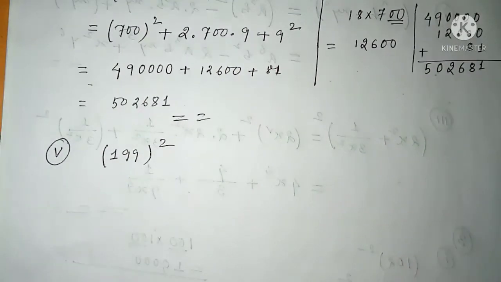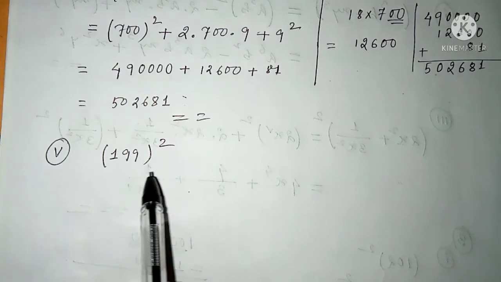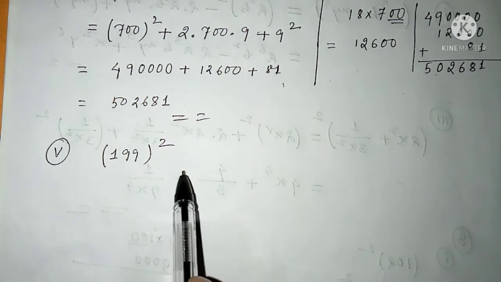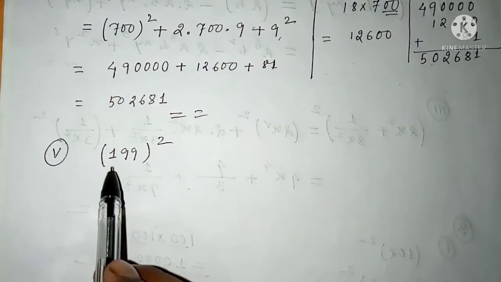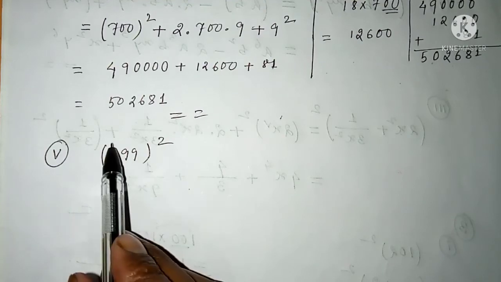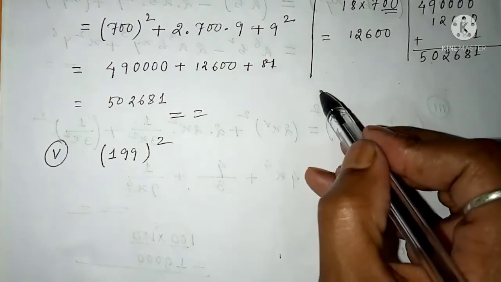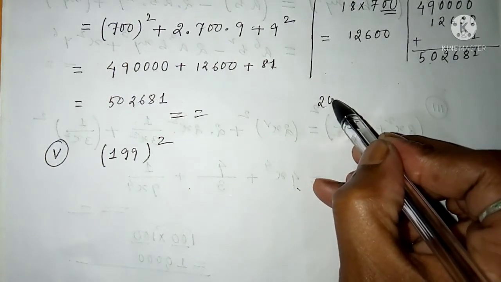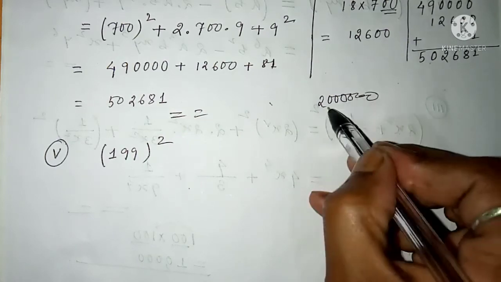Now I have two options here. I can make it 100 plus 99, but again to find out the 99 square, it is a tedious process. So better, can I write 200 minus 1? 200 minus 1 again gives me 199. It is the same thing. So my target is to make an integer with some zeros on the right hand side. I will try to make zeros only. So this is my purpose.